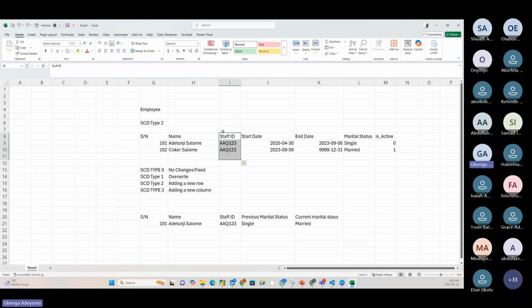So if you connect this staff ID column now to maybe we have another employee engagement table that staff ID too appears multiple times, what will happen? What will happen, guys? It's going to be many to many cardinality, many to many relationship, rather. Sorry, many to many relationship, and that's not what a star schema is,